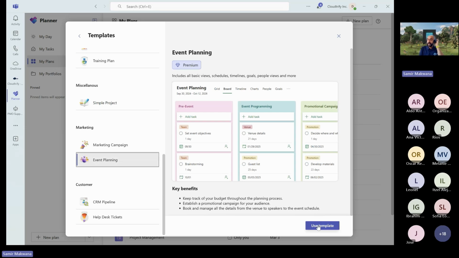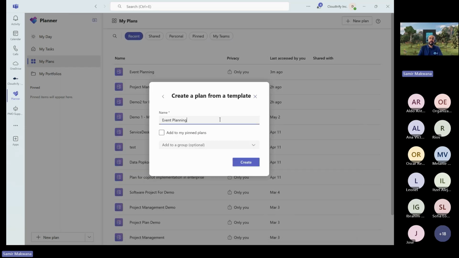Let's consider we're going to have one more Community Days next year in Mexico City. And I'm going to use this template to plan that event. So I use this template. I'm going to say Community Days Mexico City 2026, right?